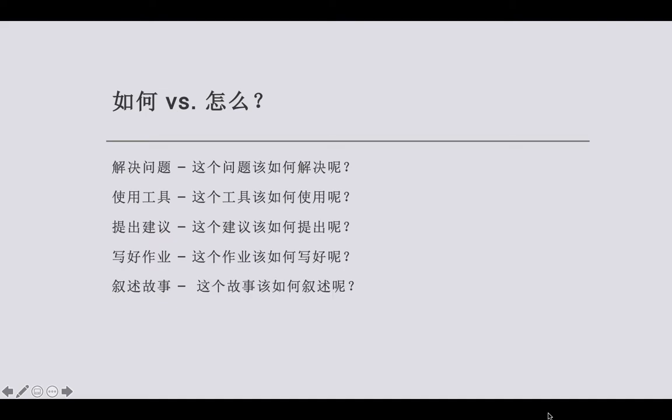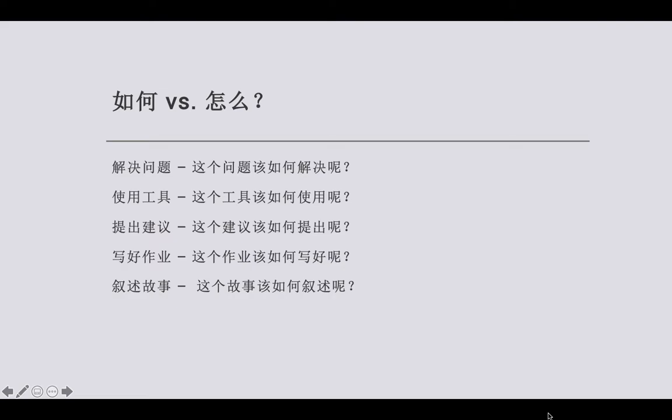Yes, 这个故事该如何叙述呢? 那么这个是我们讲过的关于如何的第一个用法。当他在询问做某件事的方法的时候, when it is used to ask for a method, you can use 如何 and put the verb right